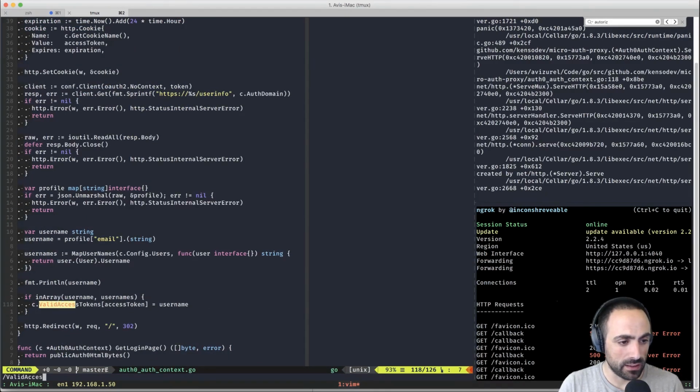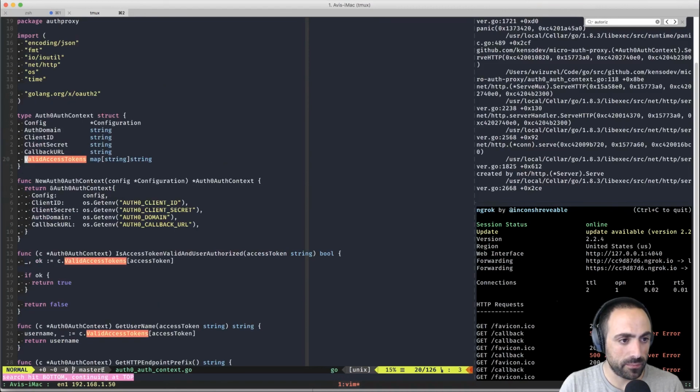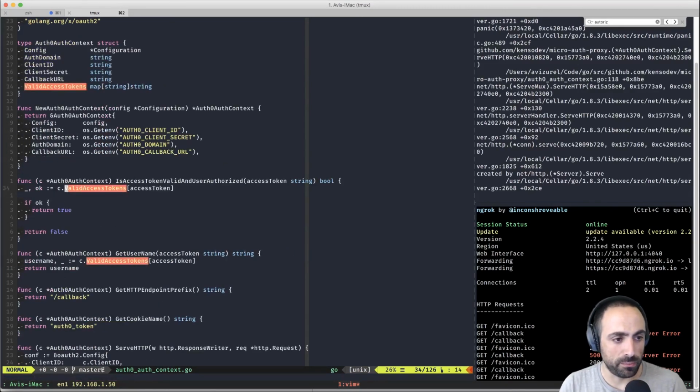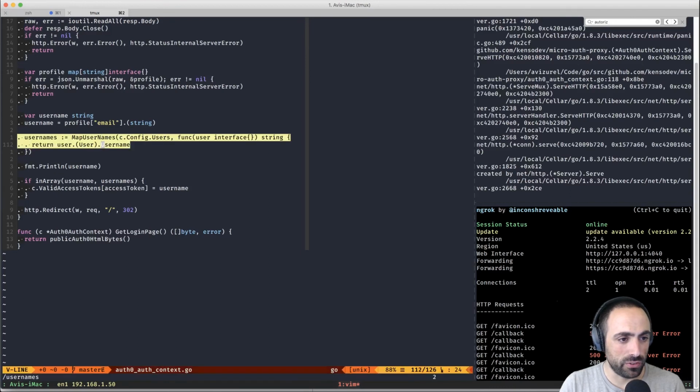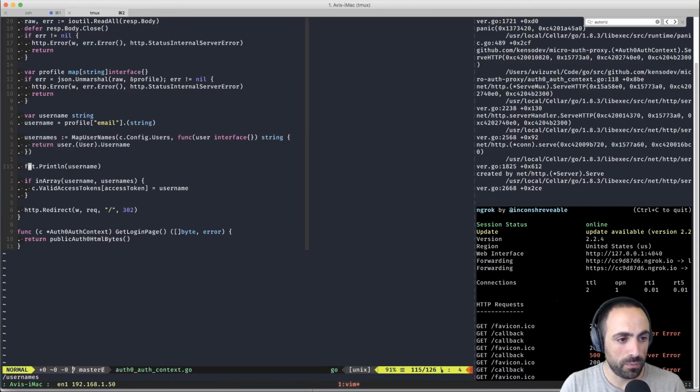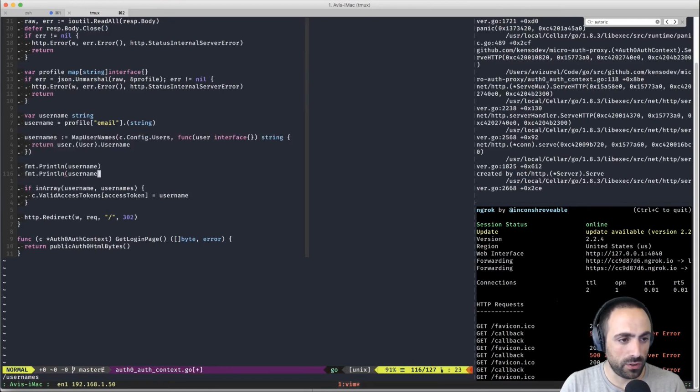Valid access tokens. This is just a map. If in array username in usernames, which is what we want, user the interface, return user and usernames. And then let's return the usernames here as well.